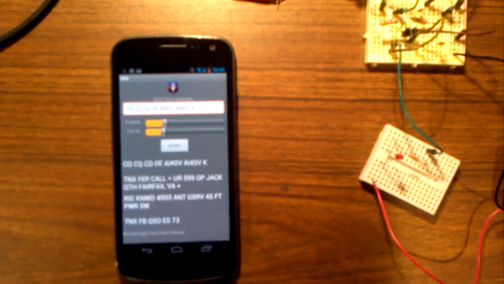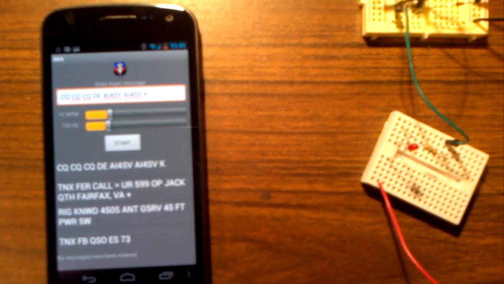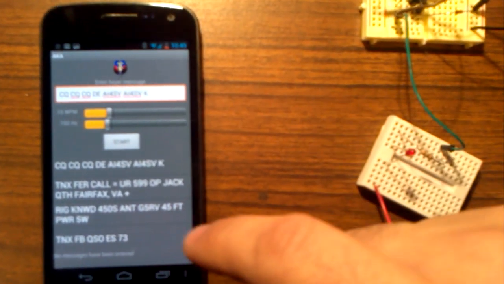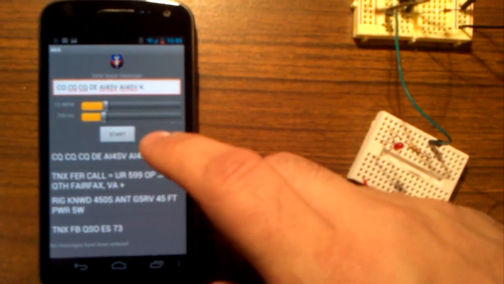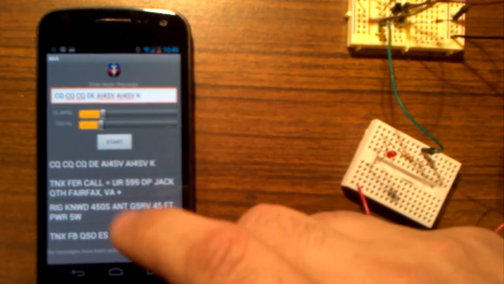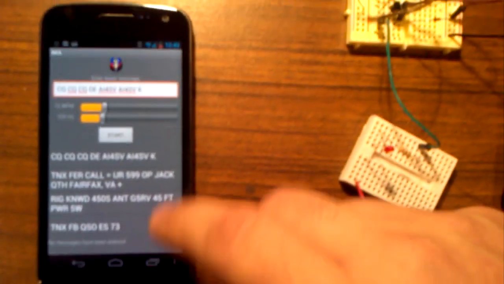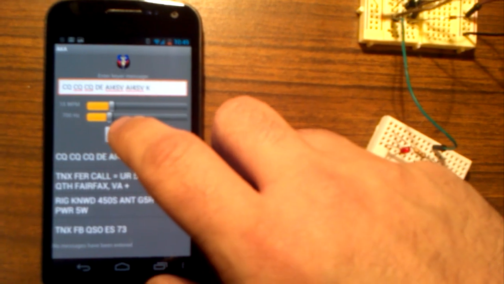The software part is we actually got to write a simple Android app, which is a keyer app. I don't know if you can see it here. Yeah, there we go. You can see you can type anything you want in the little area here, set the speed, set the tone, and when you click start, it just starts playing Morse code out the jack. Now watch, when I start the CQ going here,